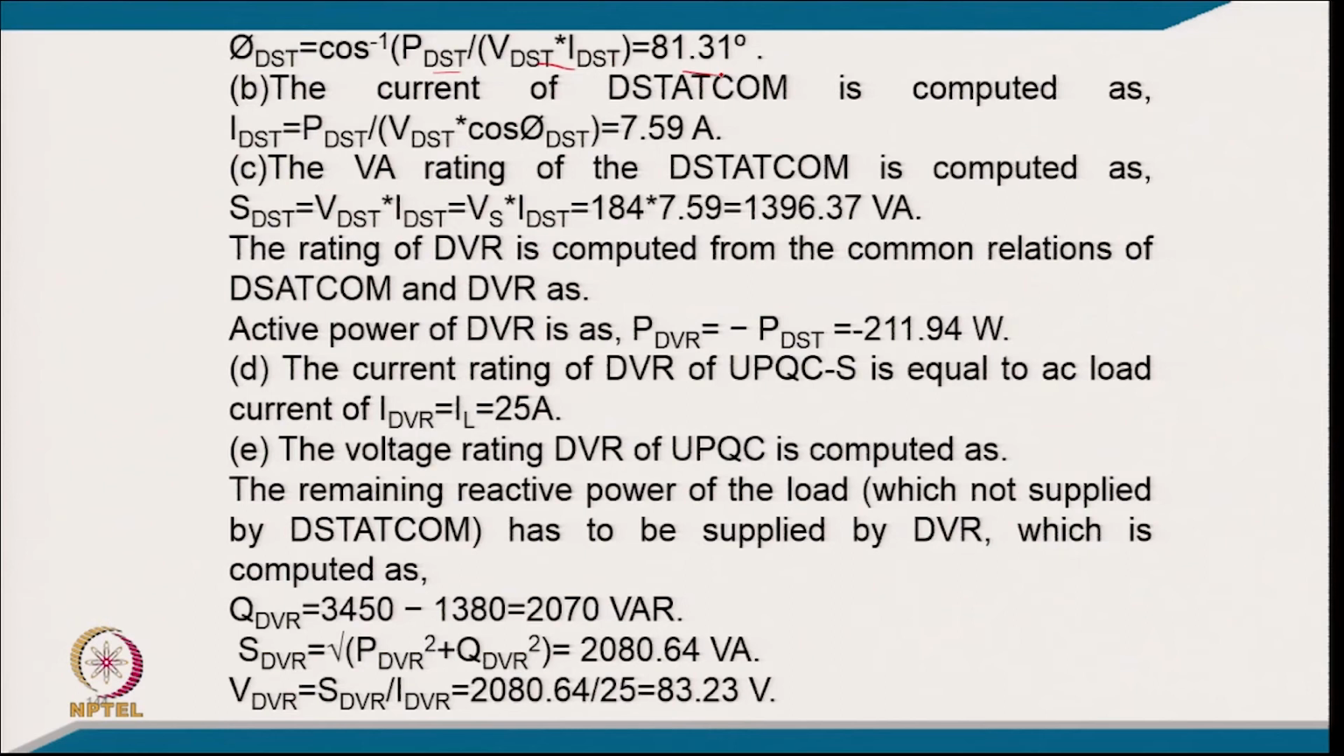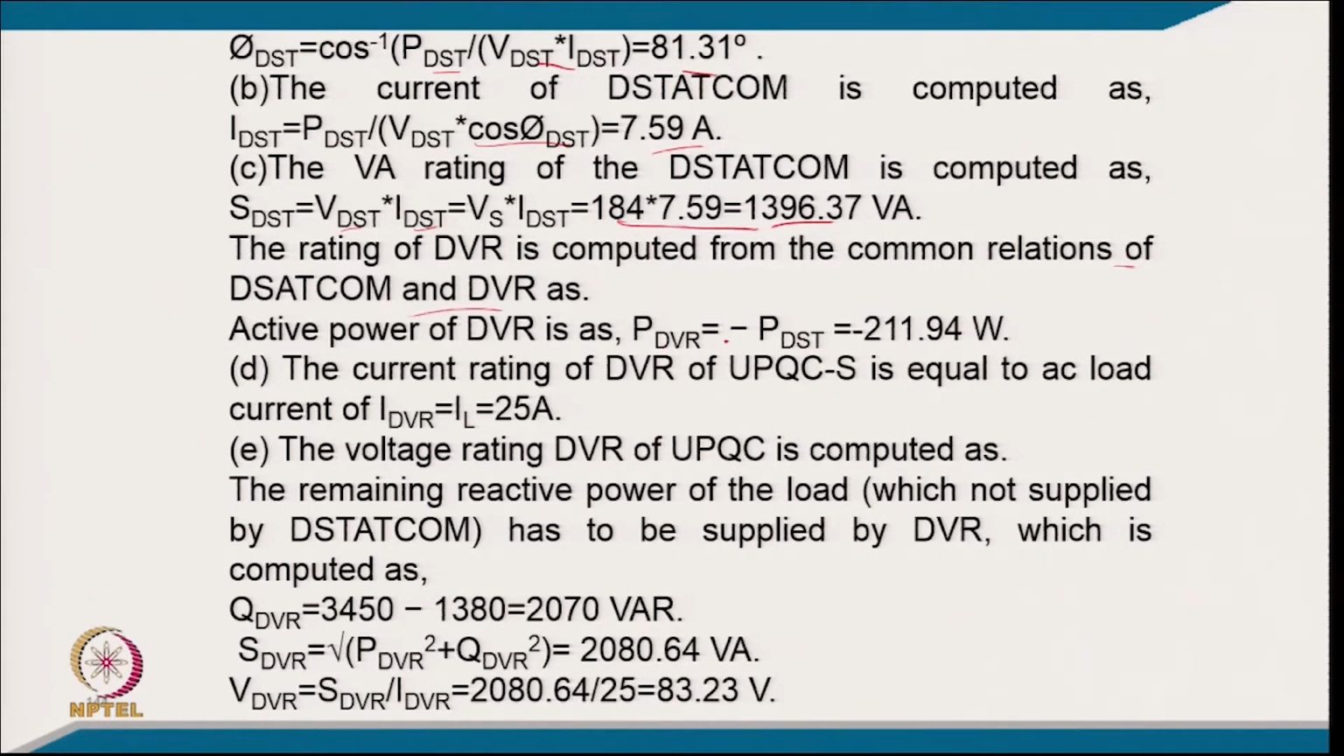So, that is cos inverse of this, so 81.31 degree, and the current rating of dStatCom can be computed from power and V, and typically this relation from active power gives 7.59 ampere, and V rating of dStatCom is computed from V dStatCom times I dStatCom. So, it comes typically 1396.37 volt ampere. So, the rating of the dVr is computed from the common relation of dStatCom and dVr, and active